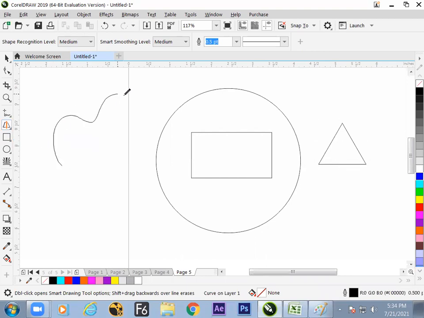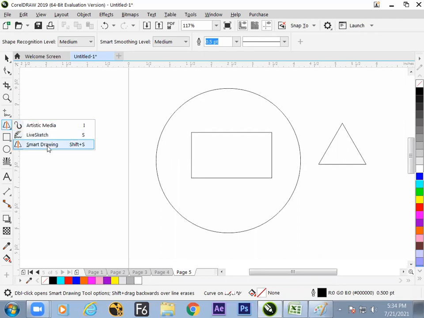If it is a random line, it cannot understand. But if it is a near line like a circle, rectangle, triangle or polygon, then the software understands the shapes and makes the basic shapes instantly to save your time. So hope we have understood what Smart Drawing is and how it is different from the others.